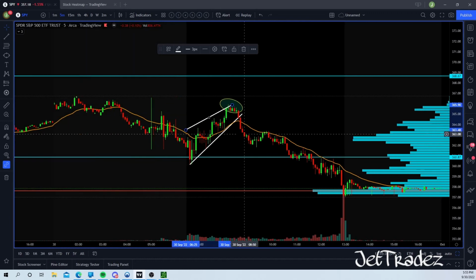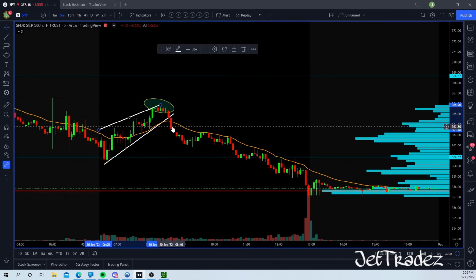As soon as it broke out, I got in with the rejection. I got in actually before it. I called it out at 368.72. We dropped down, trimmed one here, just in case it reversed. Like I said, it could have made a higher high, higher low, but it didn't. So then we just kept the last two runners all the way to the end of the day,